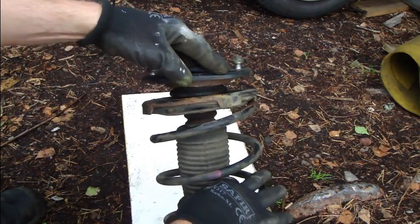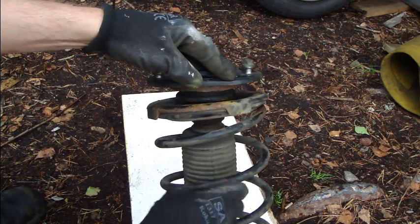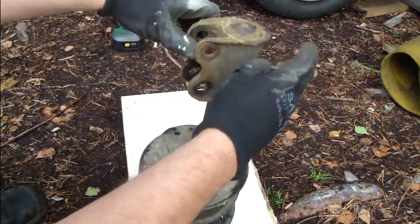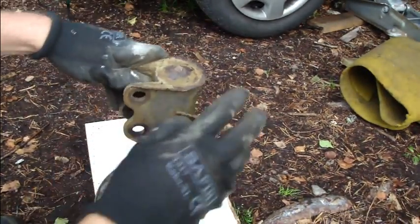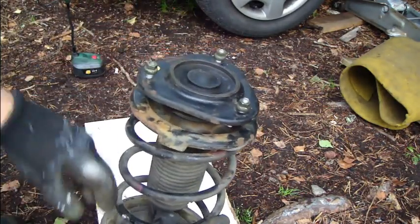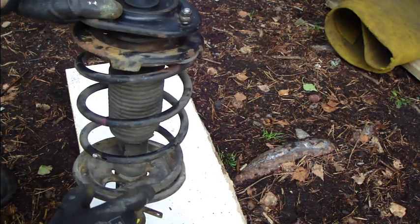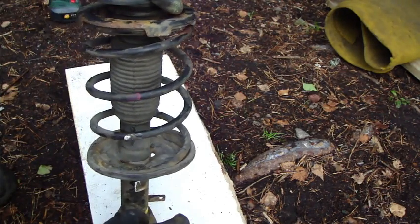upper rubber seal is fine, and then all other parts in here are also useful, and then we can use that. Okay, and this was our new part that we are starting and planning to install on this Toyota Corolla, and